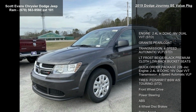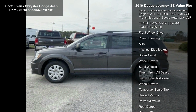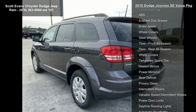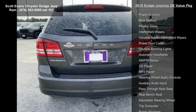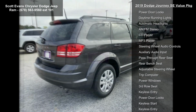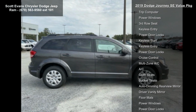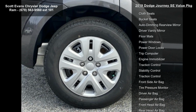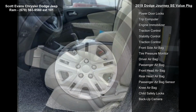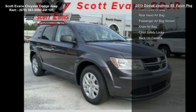Some of the top features included with this vehicle are engine, 2.4L 4DOHC 16V dual VVT, STD, granite pearl coat, transmission, 4-speed automatic VLP, STD, LT frost beige black premium cloth low back bucket seats, quick order package 22B included, engine 2.4L 4DOHC 16V dual VVT transmission, 4-speed automatic VLP, tires,